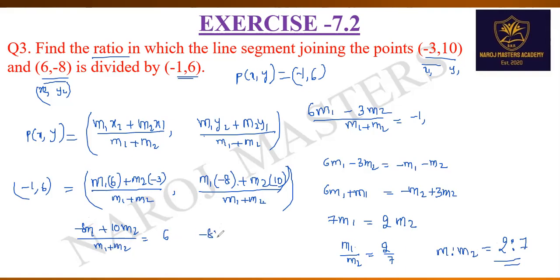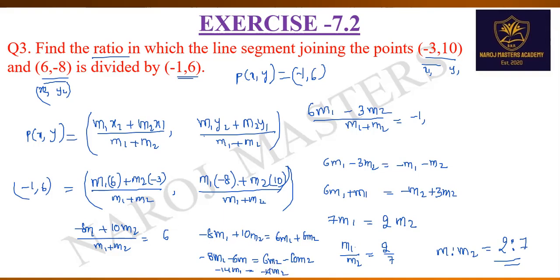So minus 8m1 plus 10m2 is equal to 6m1 plus 6m2. So all m1 terms one side and m2 terms one side. If you send this 6m1 to this side, it will become minus 8m1 minus 6m1 is equal to 6m2 minus 10m2. This is minus 14m1 is equal to minus 4m2,